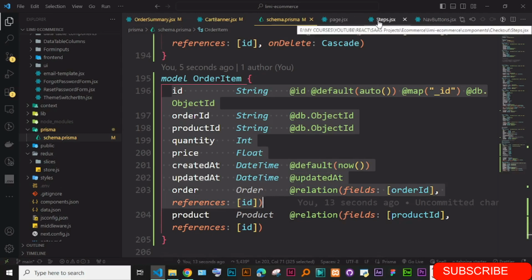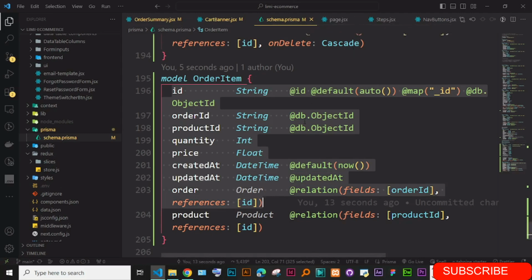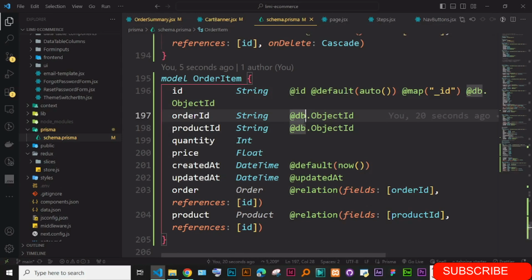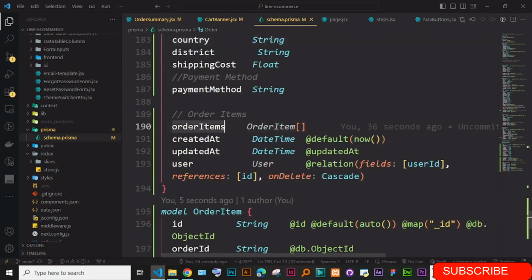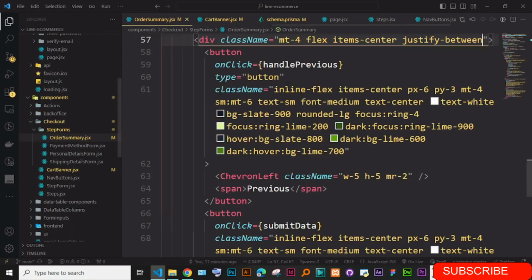So that means we'll have to add them in the API, or we have to consider them while we are adding these ones. Okay, we have to have these other items in here. So I'm just going to copy this. If you go back to order summary,